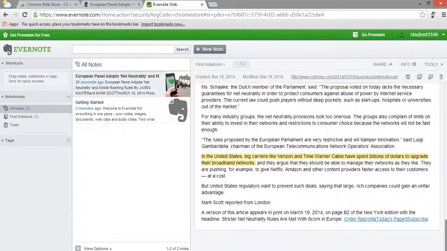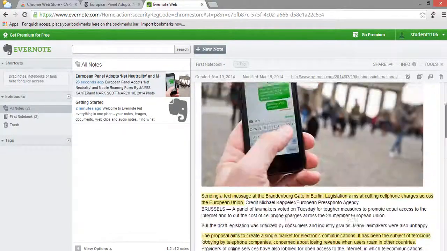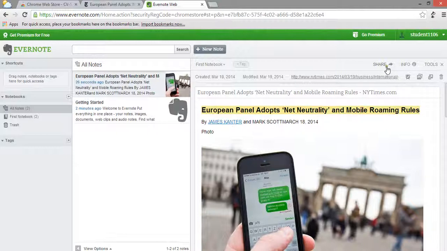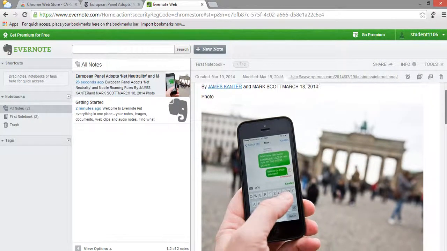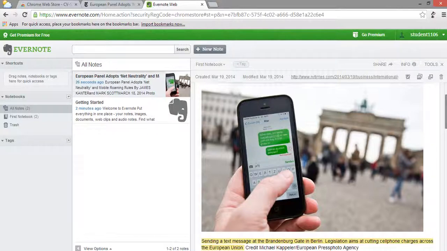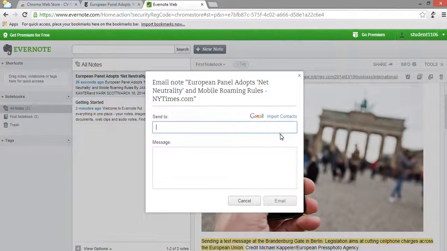Now a couple times throughout our research you're actually going to have to share this content with me to prove, and so I could see how far you are through your research process. So to do that, just find the specific article, click share here, click email, and then send it directly to me. Make sure that you spell my username or my email correctly